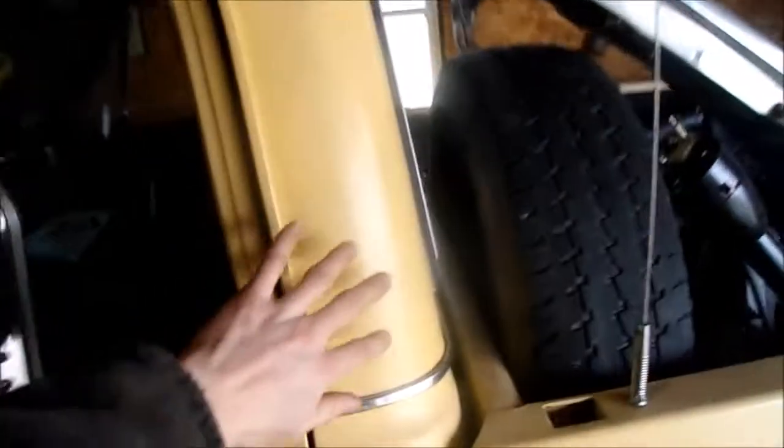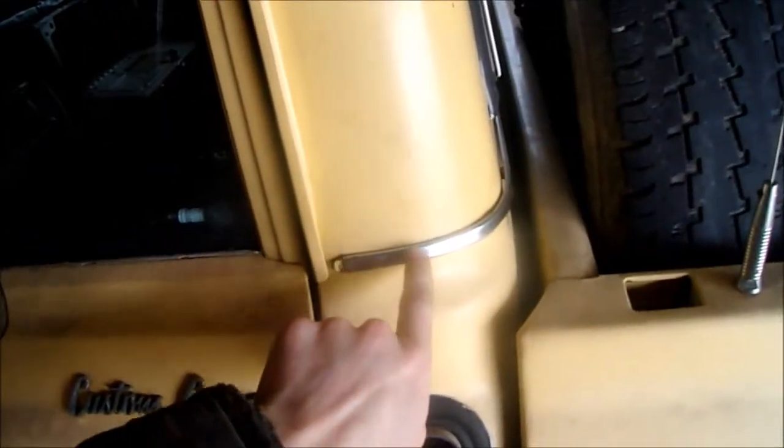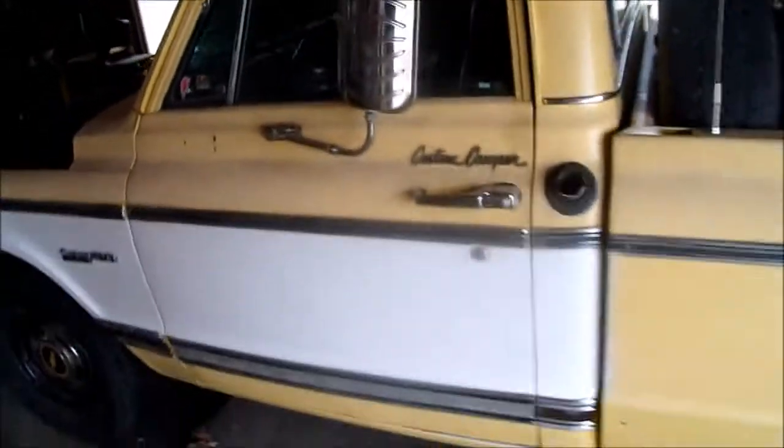I rattle canned some white on there because I really wanted to see what it would look like. That's what the colors originally were. Of course the roof has to be white too from this point up, so that'll look good. And then of course the bed and the other side. Now what I'm gonna do is,